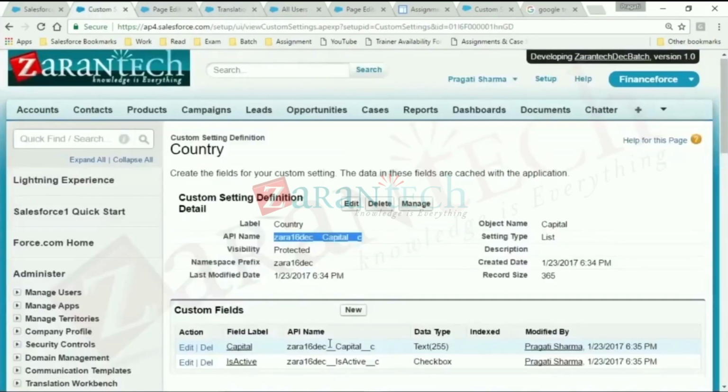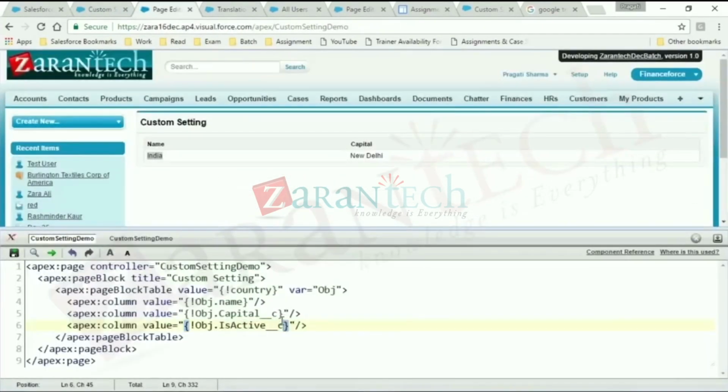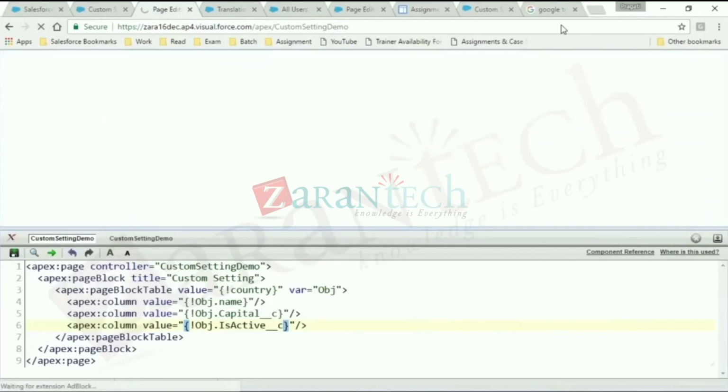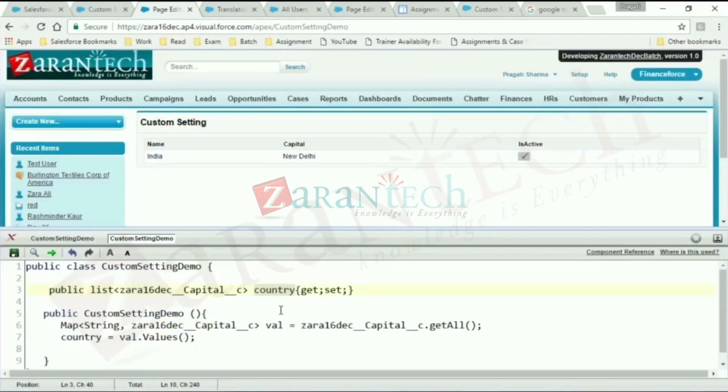let me just see what's the API name. It is active. You want to get this, sorry, just add it here and save. So that the third value will always also be retrieved. Let me just modify here the name. Okay, no, that's fine. So yeah, this is how you can fetch the value for your entire code from